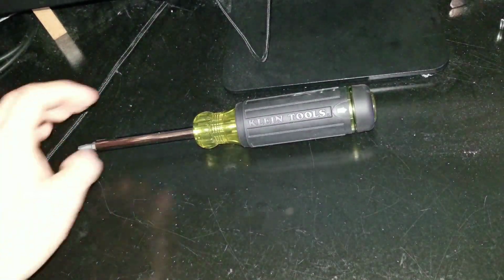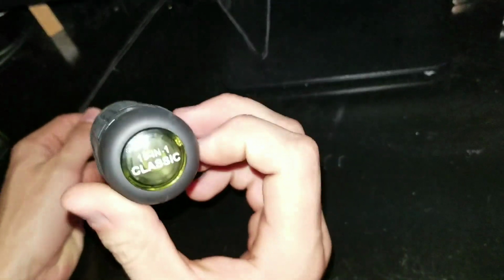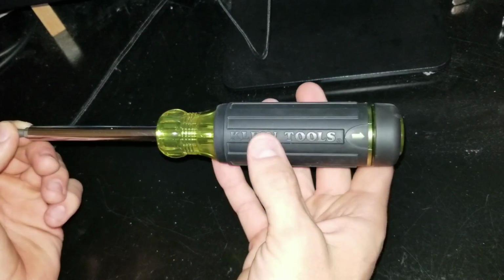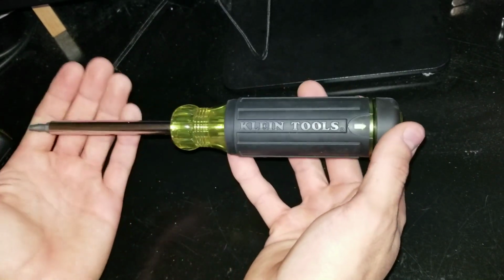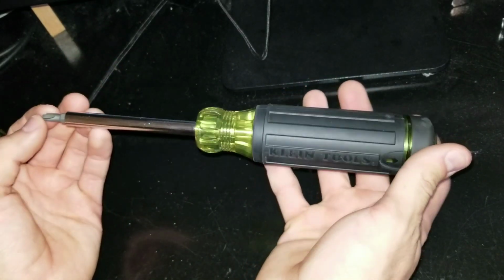Hey guys, Sharp Sparky here, and today I've got a review of this Klein Tools 15-in-1 classic screwdriver. Today's review will actually be my first, so bear with me on that. But I just want to let you guys know my opinion on this, what's good, what's bad, and overall